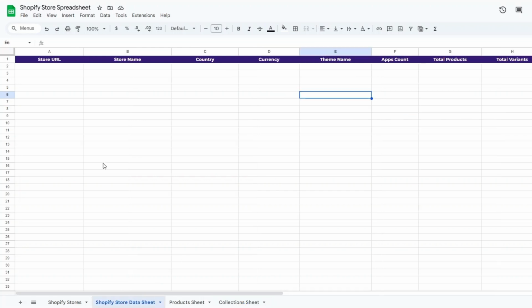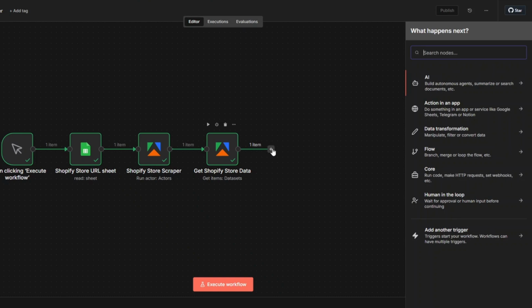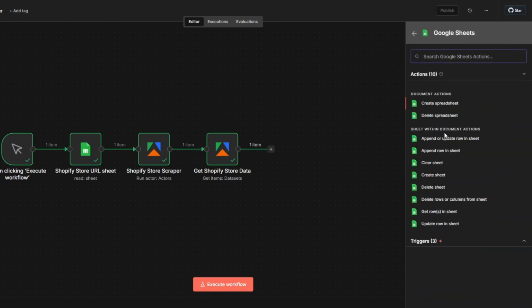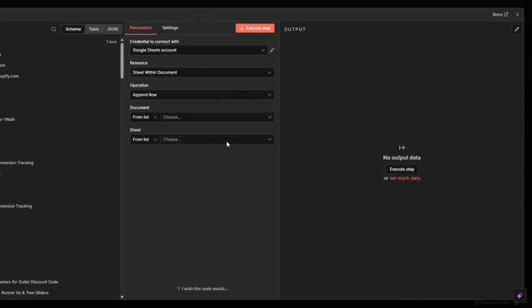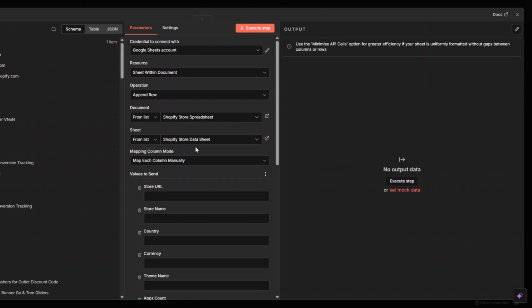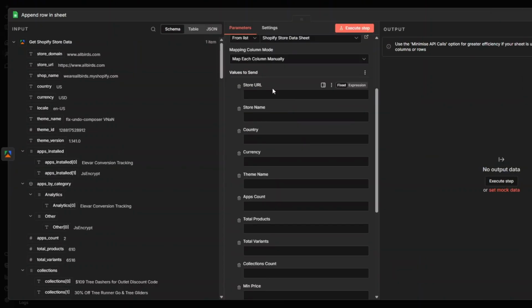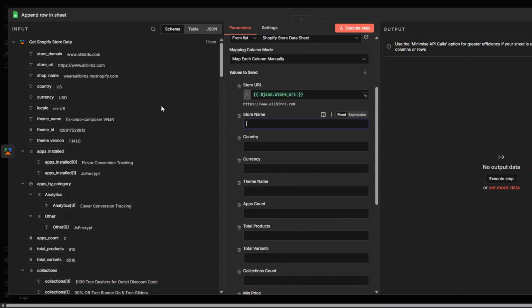So to add the Shopify data to a spreadsheet over here, in our workflow, I'll search for Google Sheets and click on Google Sheets. And here I'll click on append row in sheet node. Here we're going to find our spreadsheet. And then we're going to start by adding the Shopify store data here. So I'll click on this Shopify store data sheet. And here we're going to start by mapping the store URL right here. We're going to map the name,